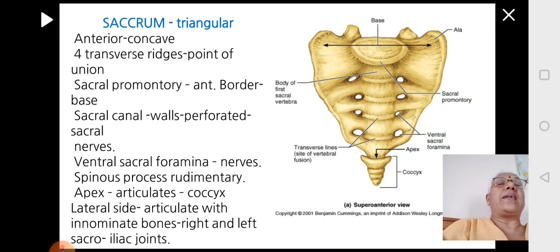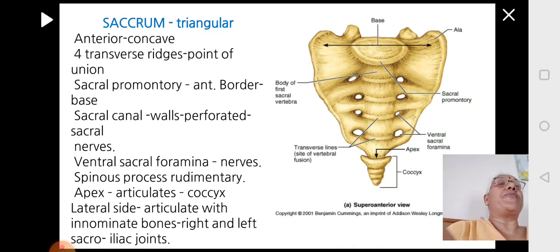And in between the right and left innominate bone, you see that the sacrum is located at the junction of the right and left innominate bones, and this joint is formed on the side of the sacrum. So the lateral side of the sacrum will join with the innominate bone to form the sacroiliac joint. If you look at the pelvic girdle, it is made up of 3 bones: ilium, ischium and pubis. In that, the sacrum will attach to the ilium of the pelvic bone or the innominate bone. So you call this the sacroiliac joint.